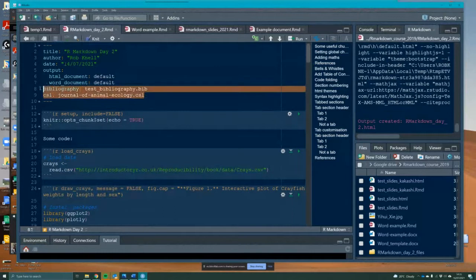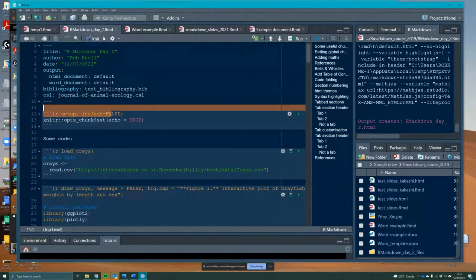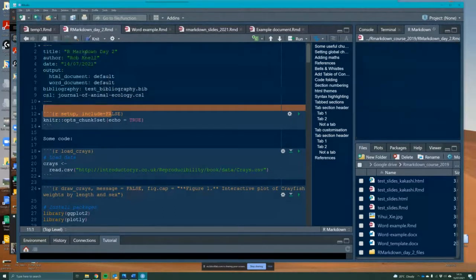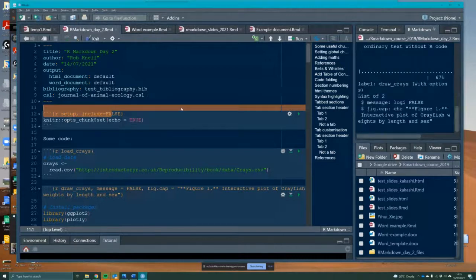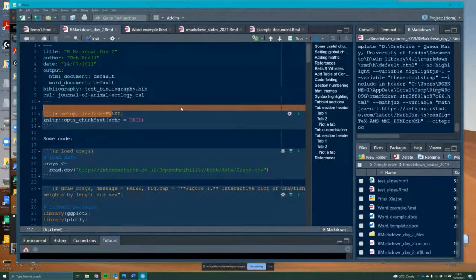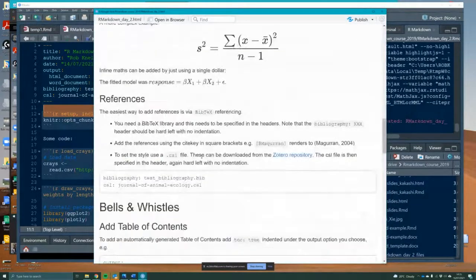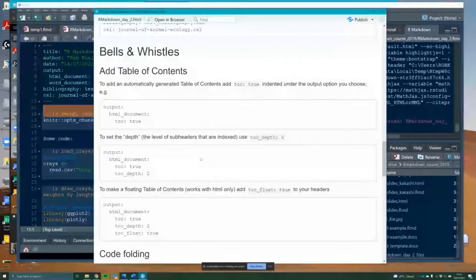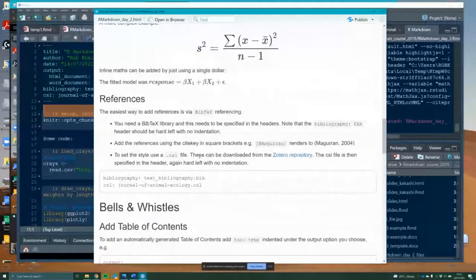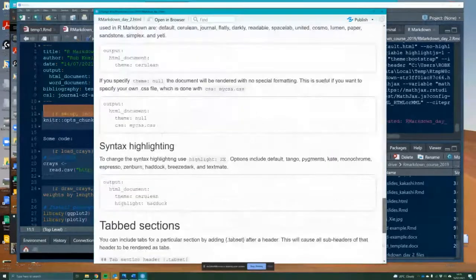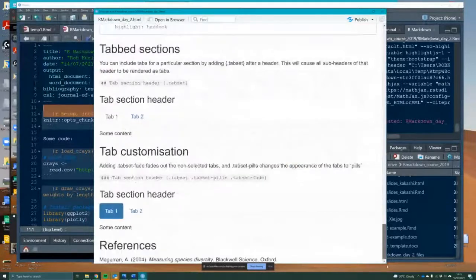So there they are. So if we render this document and we go down to our referencing thing, you can see that it's now formatted that reference that we put in nicely. And if we go to the bottom of the document, we've got a references section,